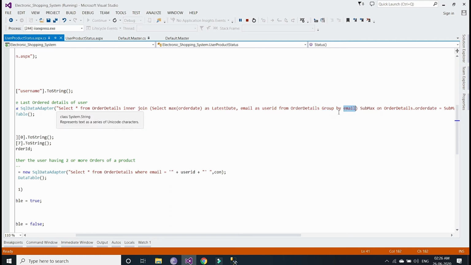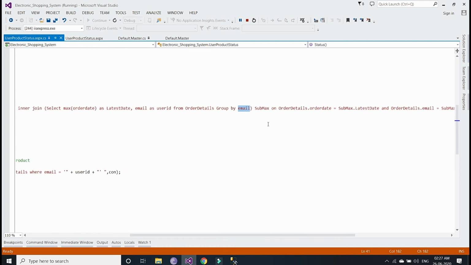Suppose the email of this user, that is anil@gmail.com, has multiple orders in the table order details, then it will group them under anil@gmail.com. It will group all the records having the email anil@gmail.com, and if there is another email, it will group with that email ID.